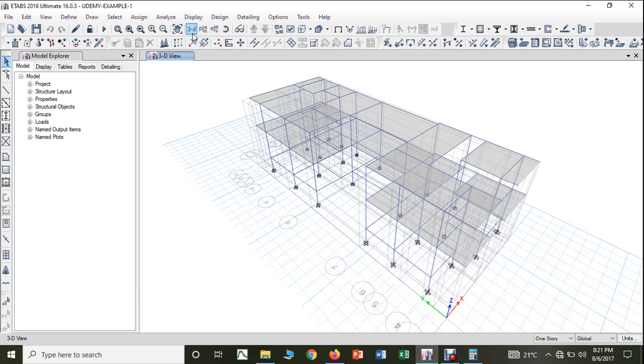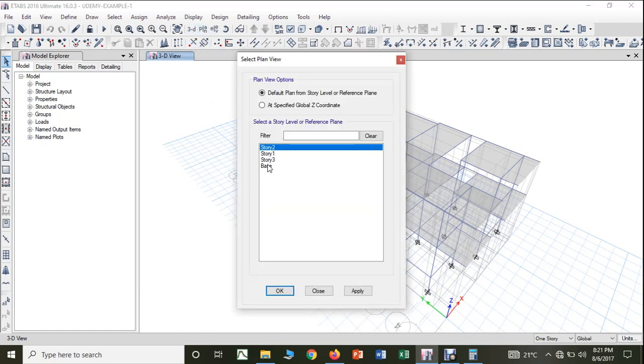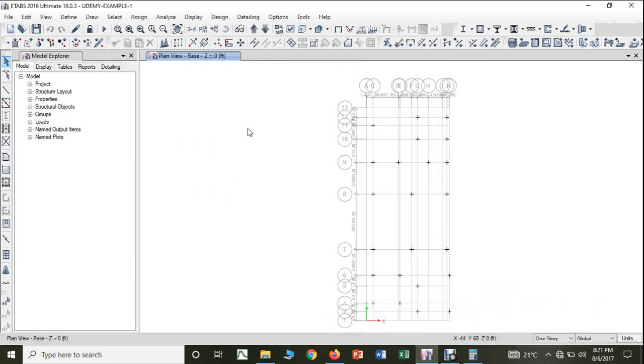So what I will do is keep the structure in the plan, then go to story 3, that is at the plinth level. Here I have to apply the load. Now how to apply the dead load? As I already told, the dead load of the beam, the column and the slab will be taken automatically by the software, but this load we have to apply manually. So for that what you have to do is